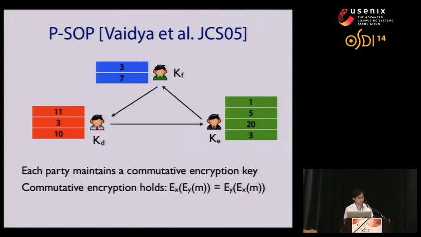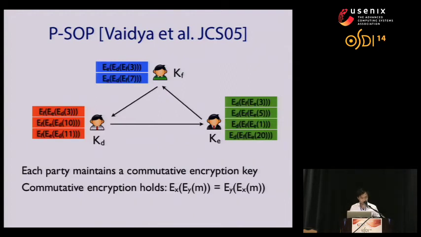All the parties construct a circle, and each party encrypts the items in the local dataset maintained by them, and sends the encrypted dataset to the successor party. The successor party does the same thing and sends it to the next party in the circle. This continues until each party obtains its original dataset, which has been encrypted by all the parties, and they publish the encrypted